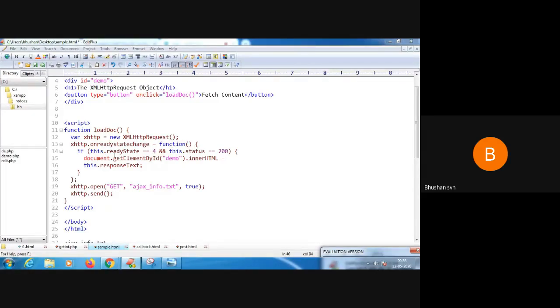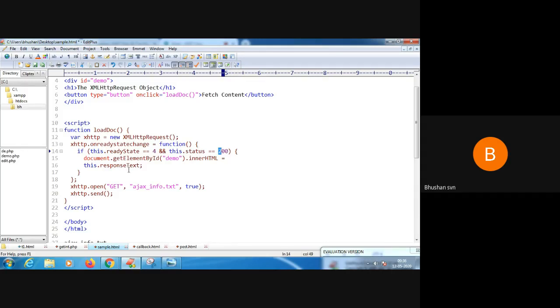If this.readyState is equal to 4, that means the request is completed and the response is ready. If everything is proper, that means the status is OK, which is 200. If this is true, then execute the function and give the response.